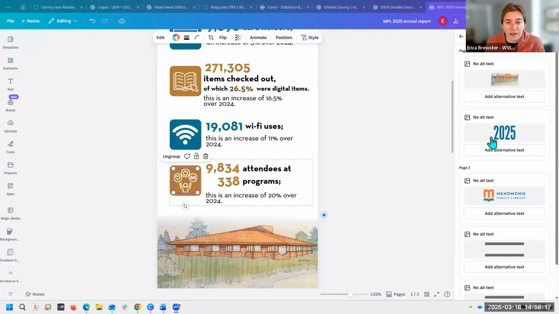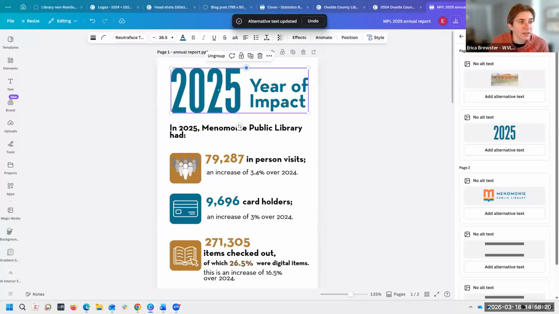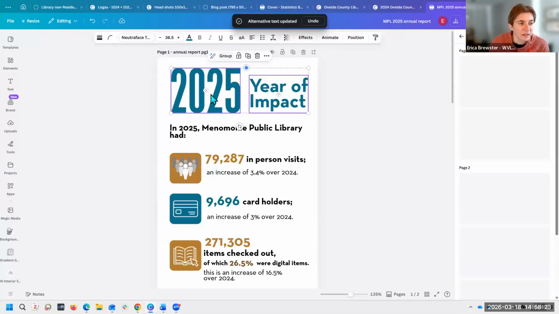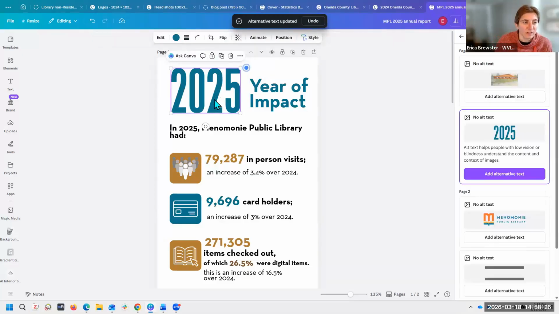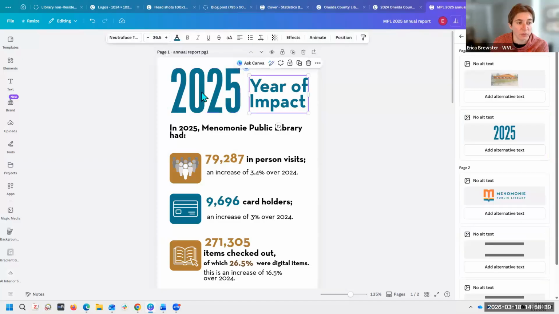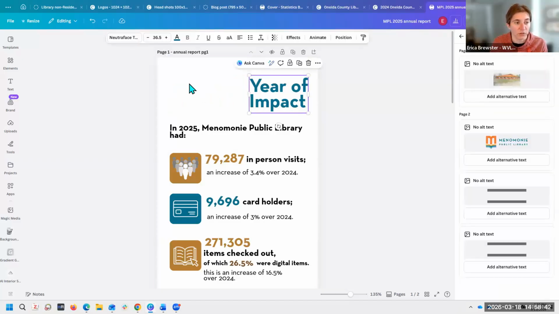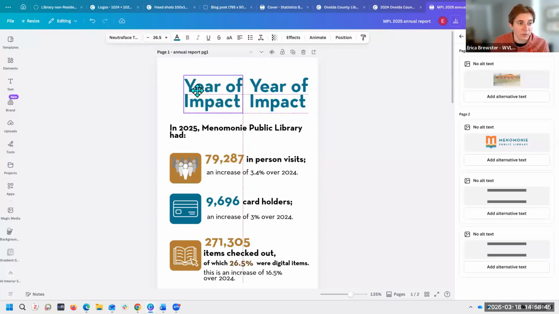Okay, I believed that this is text. I thought it was text. This is an example of using image as text, where this is an image, but I would not use this. I am going to see about replacing the 2025 with actual text because we have some nice font here. It's not quite as nice, but for our purposes, let's go with